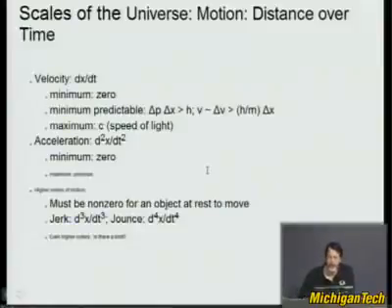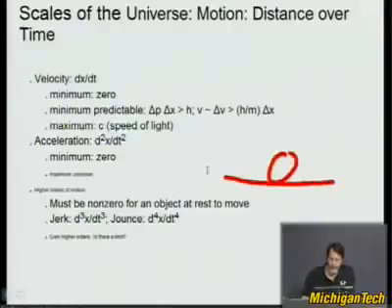Let's say, however, that you had an object sitting at rest. And sitting at rest for more than a zero time. It's sitting there for a while. And then, after it sits at rest, let's say it then acquires some velocity. How is it that it could have done that? In order to get its velocity, it would have had to have an acceleration for a time. But then, it didn't have acceleration before, so how did it get its acceleration for a time? It had to have had jerk for a time. But it didn't have jerk before, so how did it get that? It had to have jounce for a time.